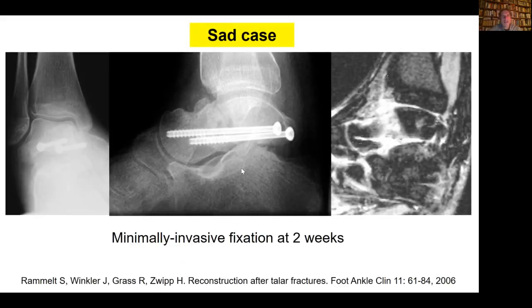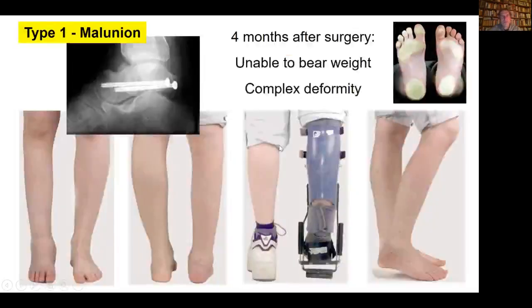Finally, 2 weeks later, someone saw the fracture and decided to do some fancy thing, minimally invasive or percutaneous surgery of the talar neck fracture from behind, because there's one study from the 80s that pretends to show that screws from behind are stronger than screws from the front. But the bad thing was the fracture wasn't reduced. So the patient had still that large step off in the ankle joint, so ankle motion was restricted, and the subtalar joint was still completely displaced.